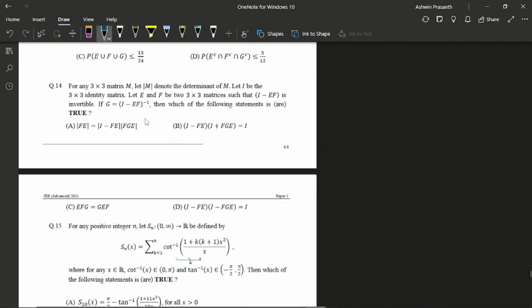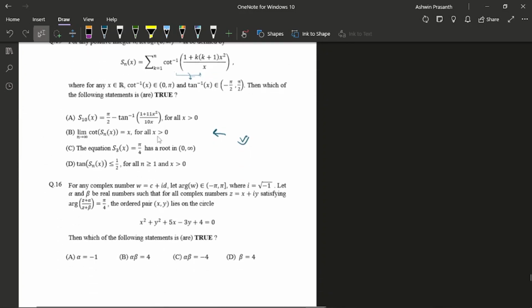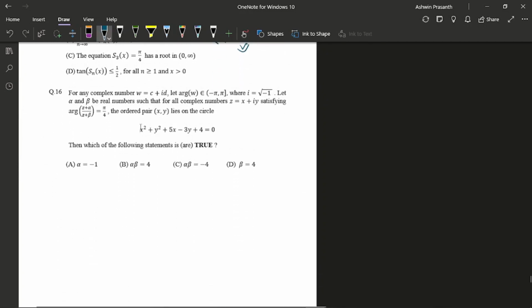In this one, I had a feeling like some information was missing here. Still, I think I got one option right, and the rest I wasn't sure, so I left it again for second round. Sorry, there was this question also. I think this can be solved in a good way using geometry, the locus of complex numbers, but I couldn't think of anything in that moment, so I did the method of substituting z is equal to x plus iy and simplifying, etc. And that wasn't much lengthy, and I was able to get the answer easily, so it was fine.